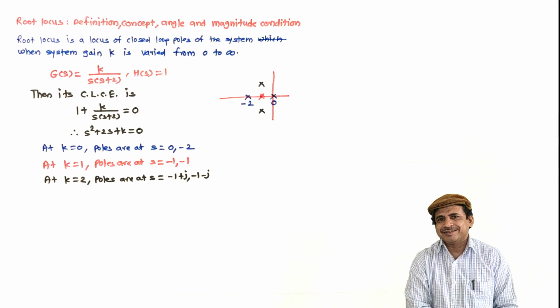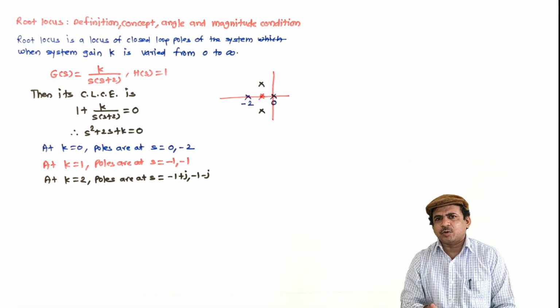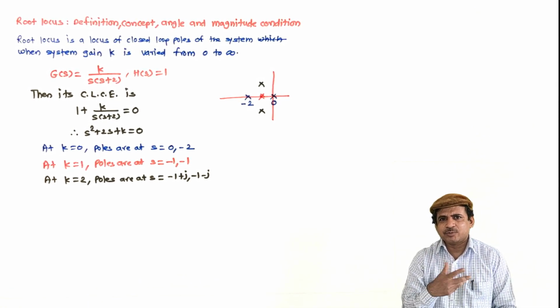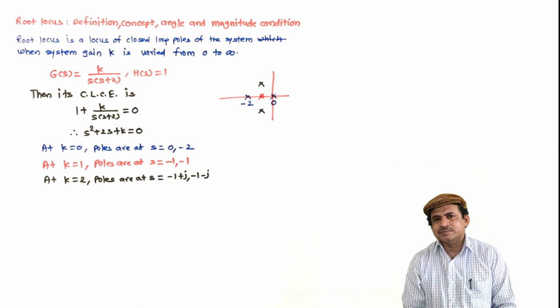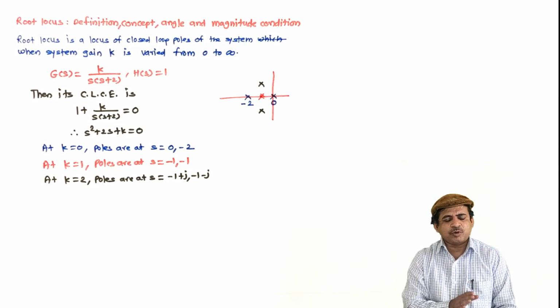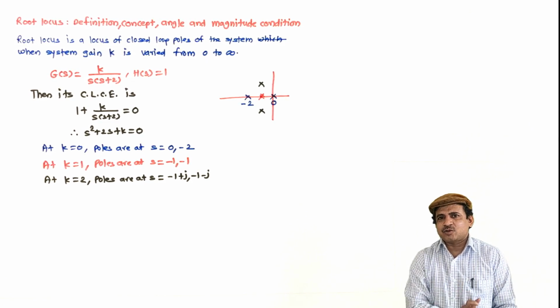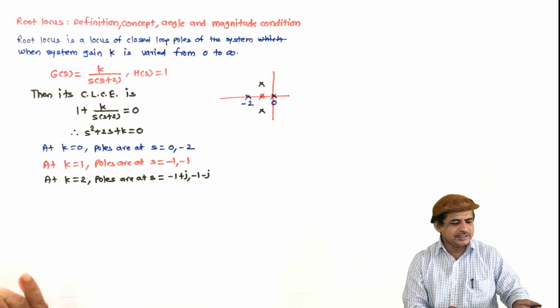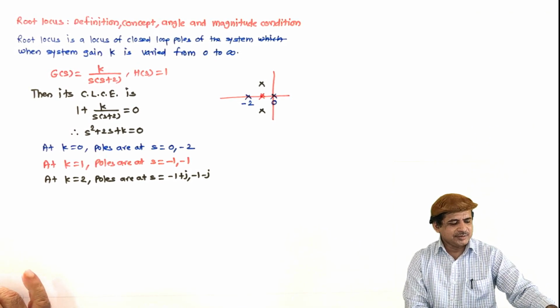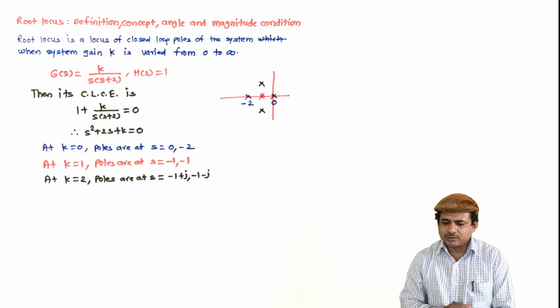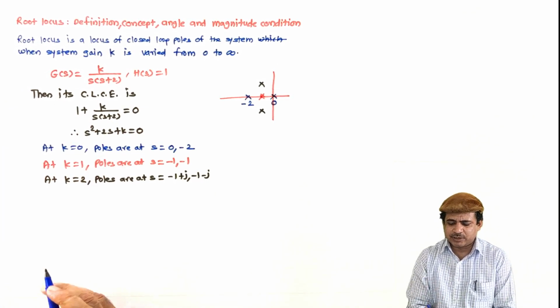However, it is difficult to solve this for every value of k and then join all points. Yes, nowadays it is easy with software. Just using a for loop and changing the k, it can be done. But long days back it was not possible. And in that case, Evans developed the methodology to sketch the root locus, and hence it is called Evans root locus. We are going to see this in detail in a series of lectures, but let us now move on. So the concept is covered. Now let us move to angle and magnitude condition.